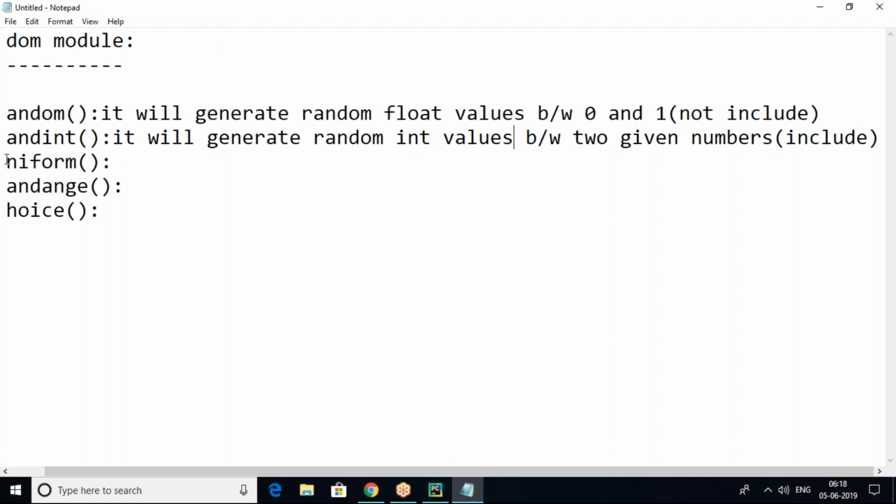And here you can see uniform. There is a uniform function.